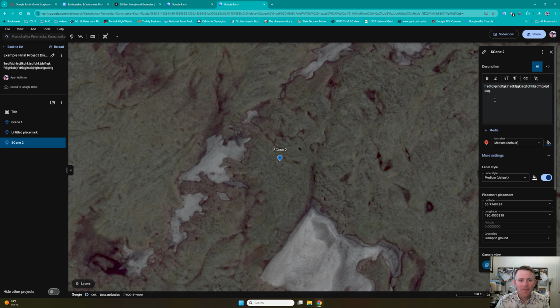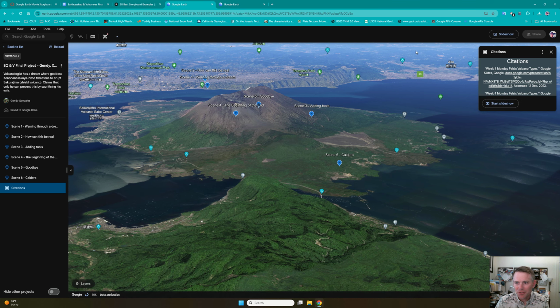All right. Now, when you want to add your media, there's a lot of AI free image software, like Starry AI is an example. I'm not going to advertise any particular one, but there's one where you can sign up and get free stuff, and you can type in the words of what you want it to depict, and it'll give you like 3 or 4 examples in a certain genre. And then once you get that, you can save the image, and once you save the image, you go to media and you would upload that image to Google Earth, and that's how it would pop up onto here,